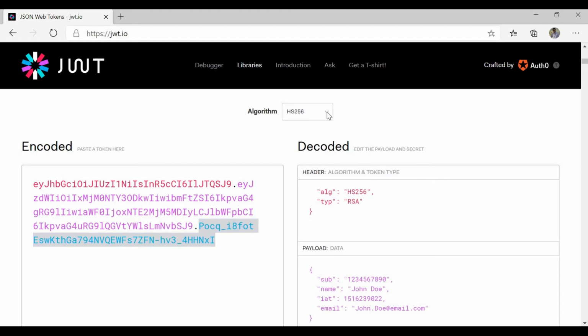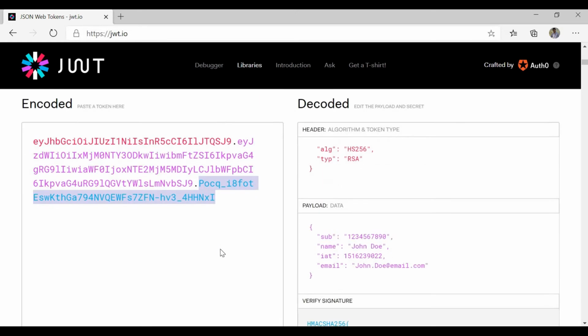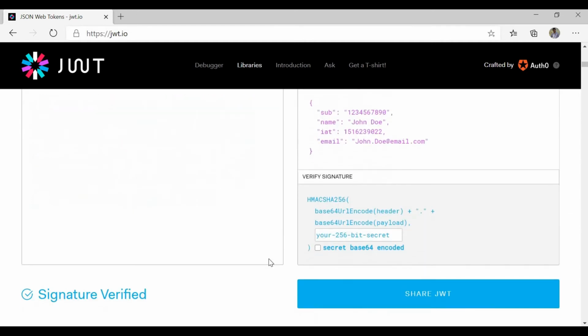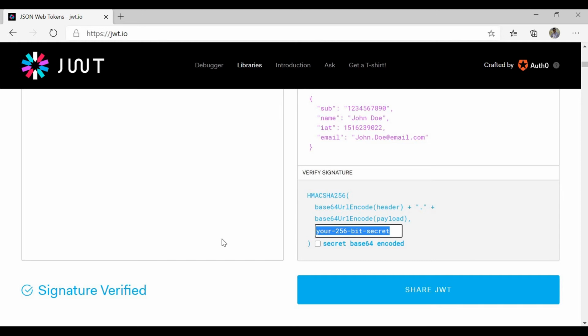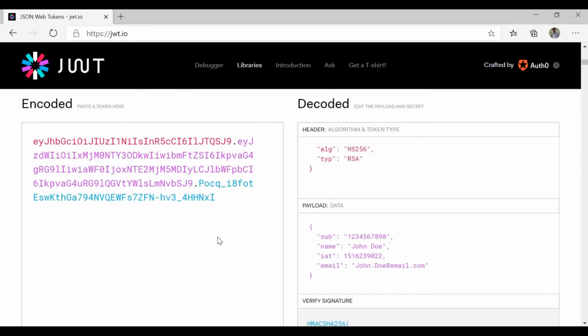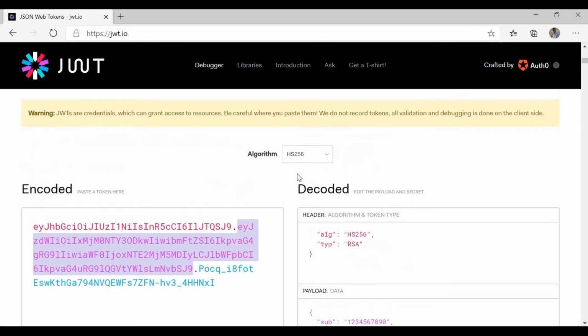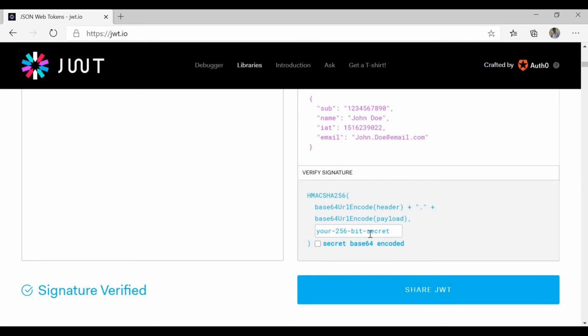Right now I have selected the algorithm HS256, which uses the SHA-256 algorithm. So it uses this algorithm to get the hashed value. One more thing, when it's getting hashed, it takes into consideration the secret key you are providing. Let me put it in a nutshell. A signature is formed from the header value and the payload value, using the one-way hashing algorithm you selected, and using the secret key you have provided.